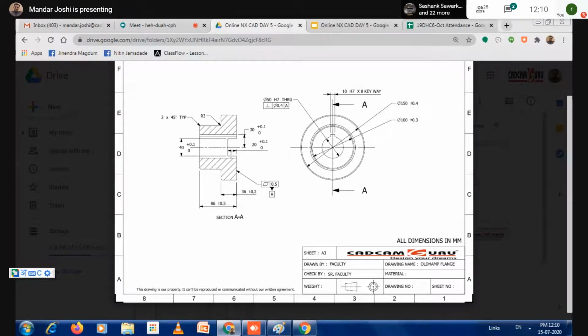The size of that slot from the front view is 20 by 30. Isn't it? You see this rectangular slot. Correct? Yes, sir. So now a 20 by 30 size rectangle, sorry, not 30, that becomes 40.